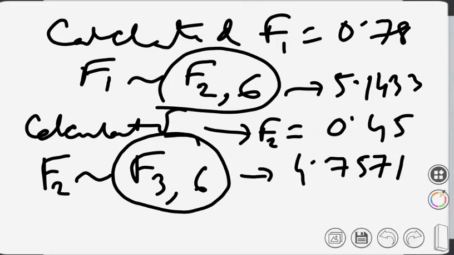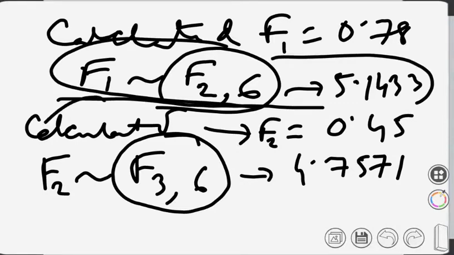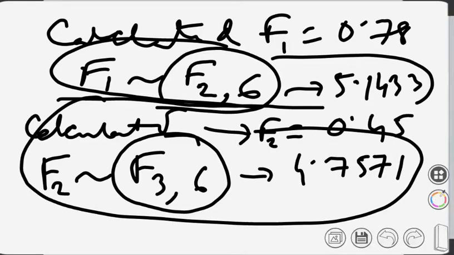For this problem, both the null hypotheses will be accepted, but it is not necessarily true for all problems. It depends upon the value of F1 and F2. It is quite possible for some problem that the first null hypothesis is accepted and the second is rejected. Depending upon the data, the values will be calculated accordingly. The decision will be taken only based upon the calculated value and the tabulated value. No presumption is required. Whatever you get, you take the decision accordingly.